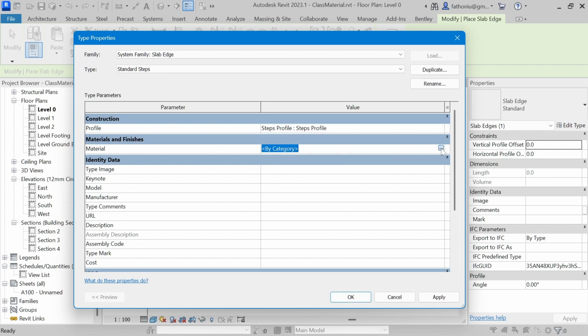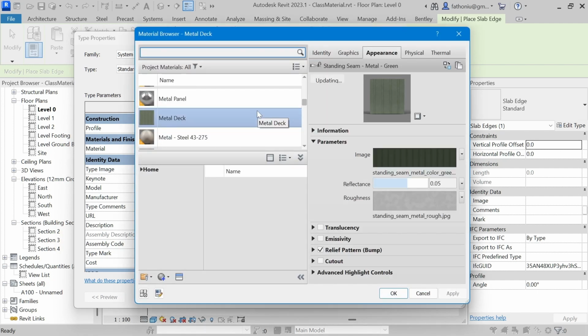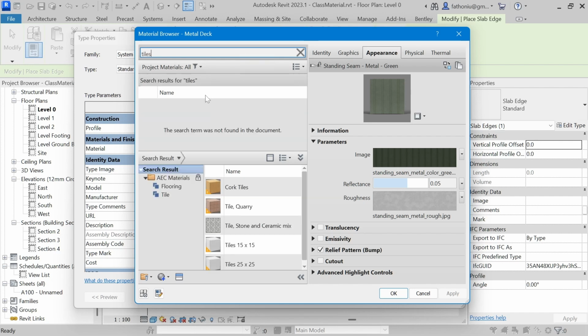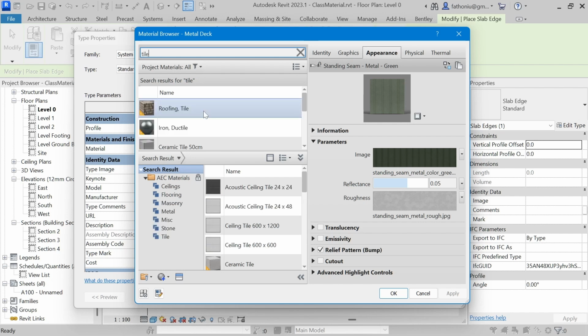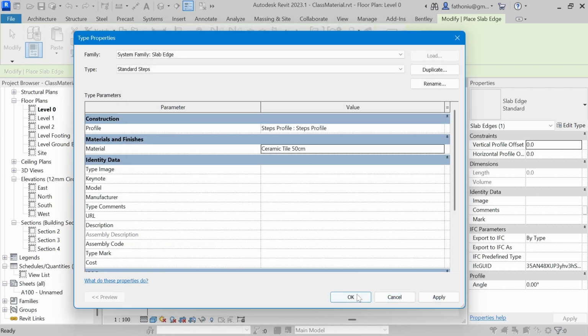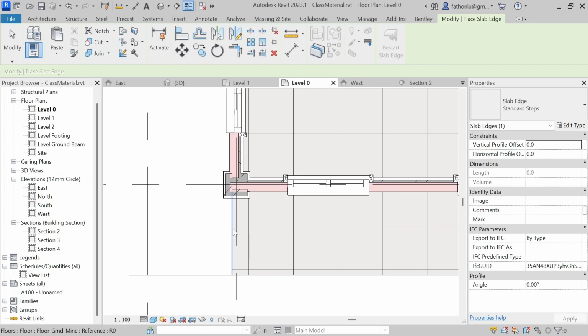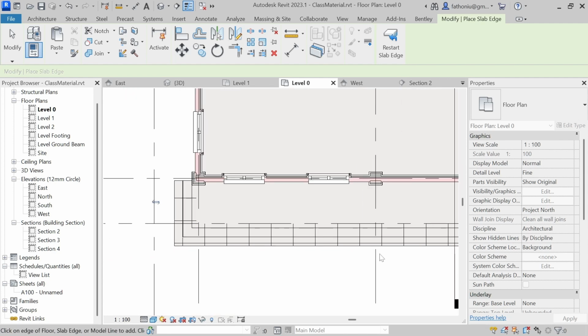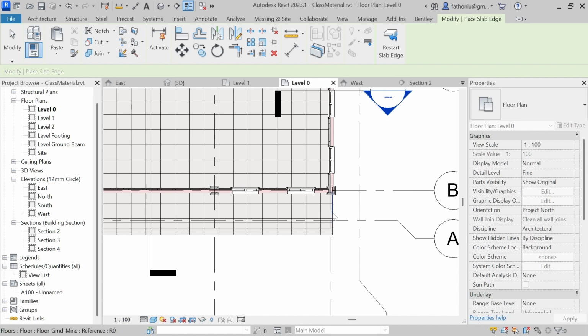Material we can change here. Let's say the material is the same, maybe the tiles, as previously we have tile. Previously we have tile for 50, here ceramic tile, and okay, and then okay. So we select this edge. I can see there, select each edge, and then we select another edge here, this edge. So create the steps,